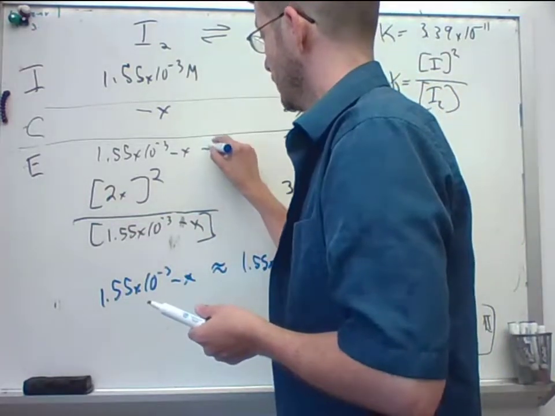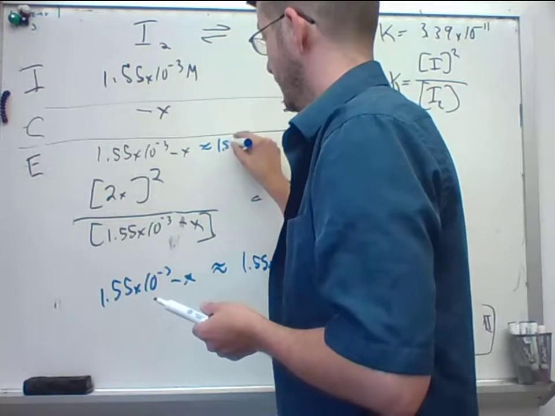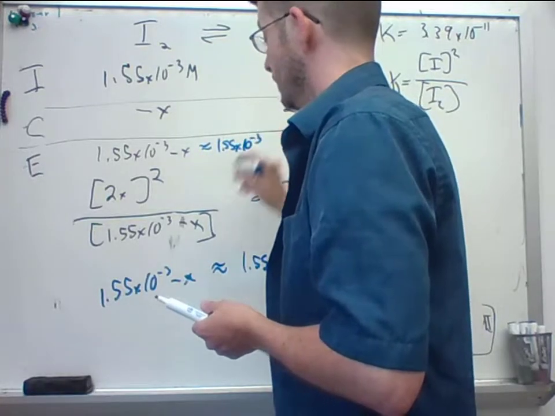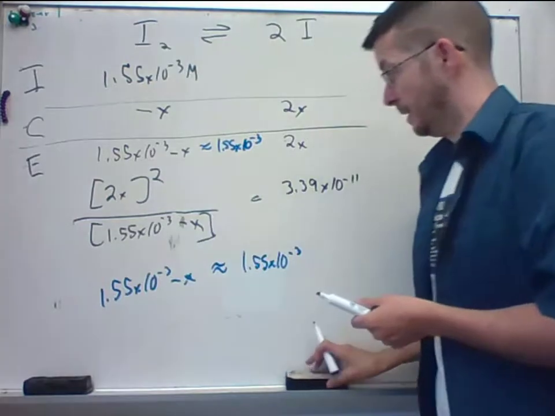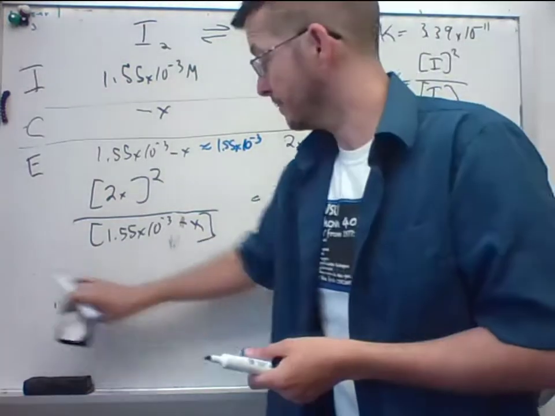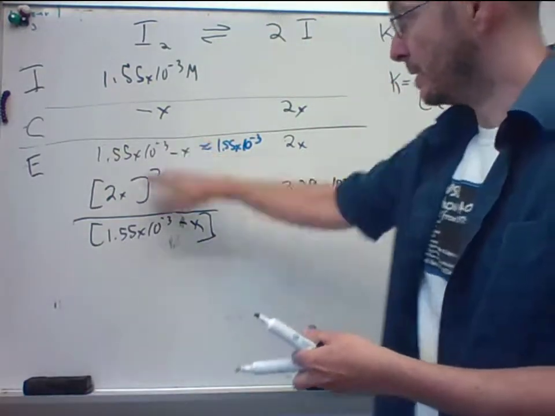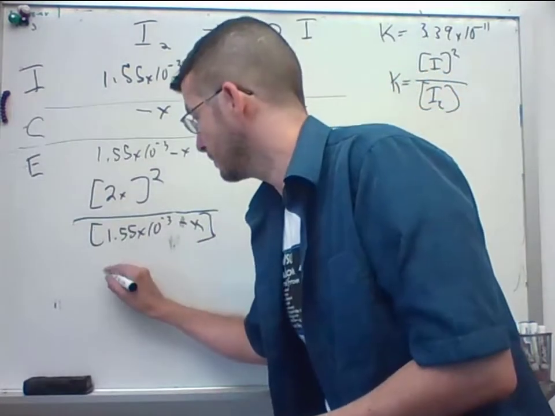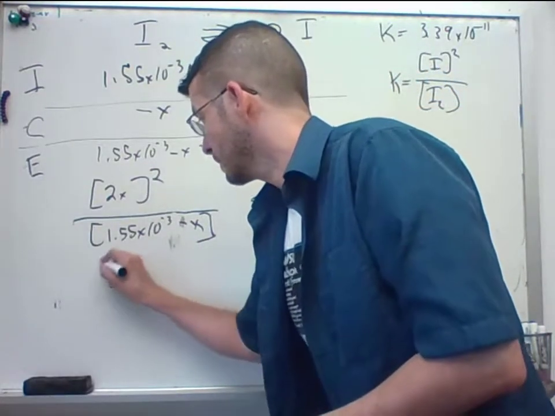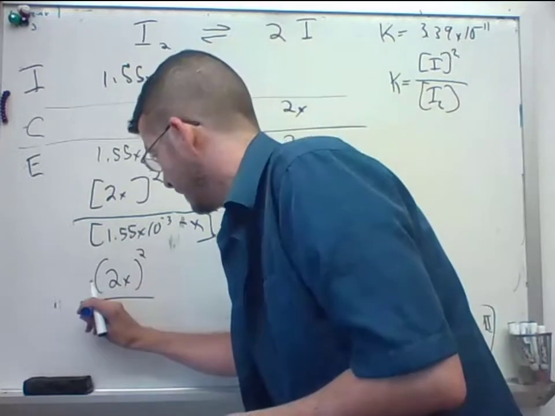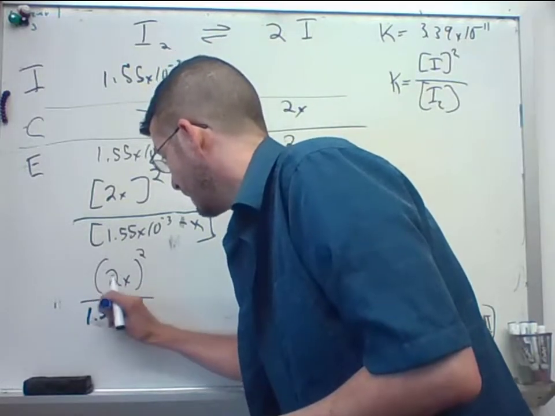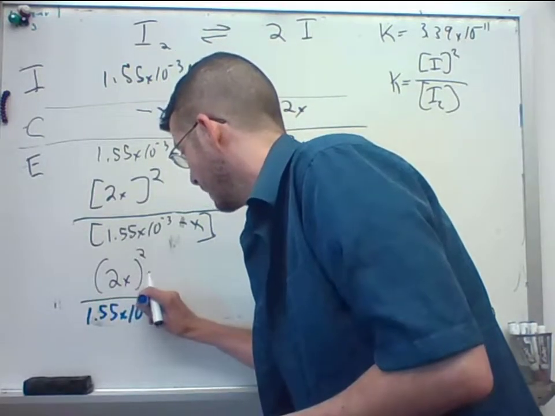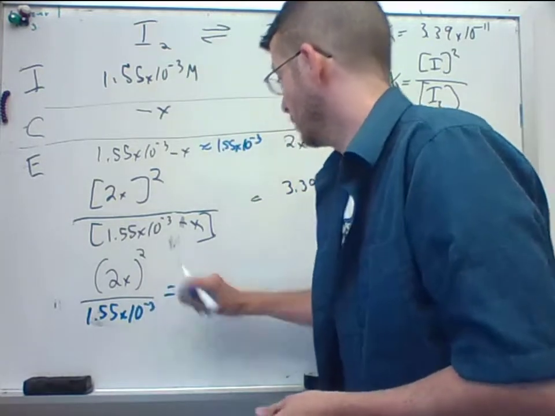We're going to assume that this will be approximately equal to 1.55 times 10 to the minus third. It's important that we hold on to that. If we make that assumption, then this here simplifies to 2x squared divided by 1.55 times 10 to the minus third